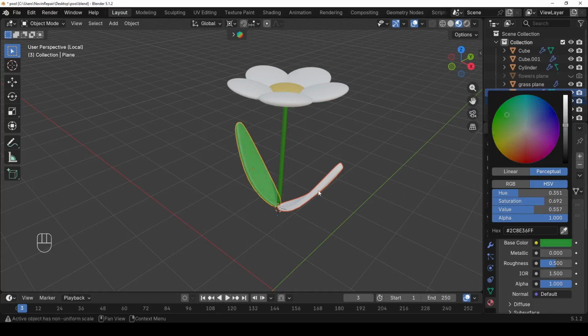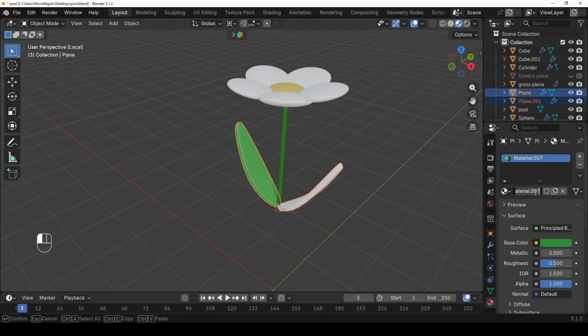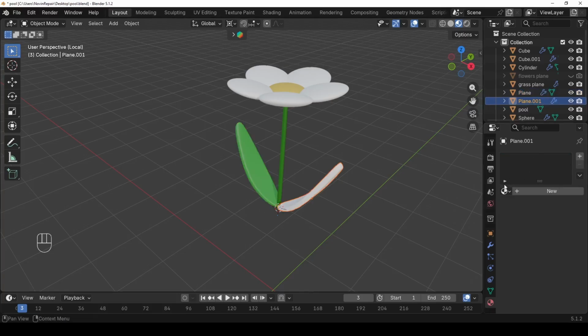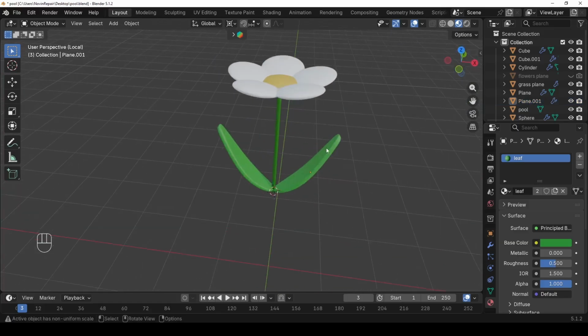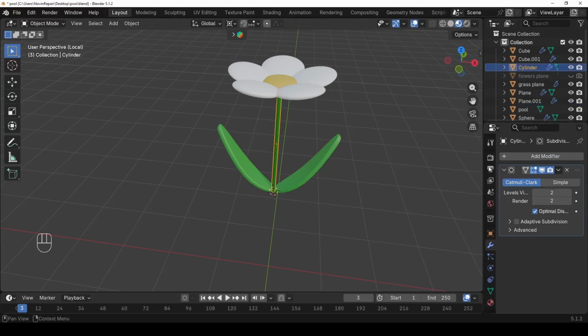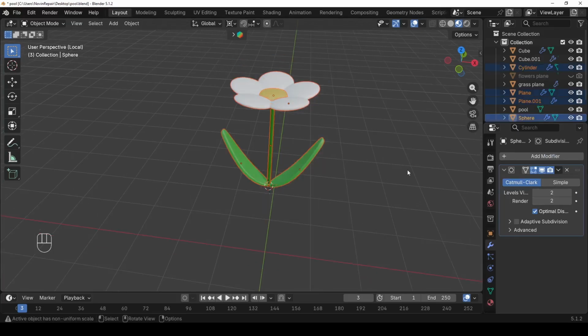Yeah, perfect. Let's rename it to leaf, sorry, leaf, and this one too. All right, now because all of them have a subdivision surface modifier of level 2, everything in here, I can just select all of them and Ctrl J to join them together and rename this sphere to flower,